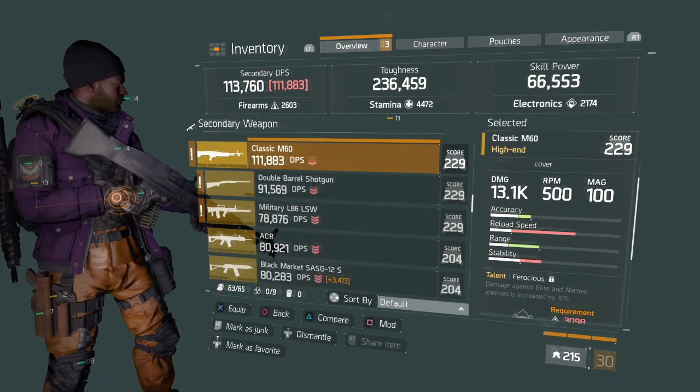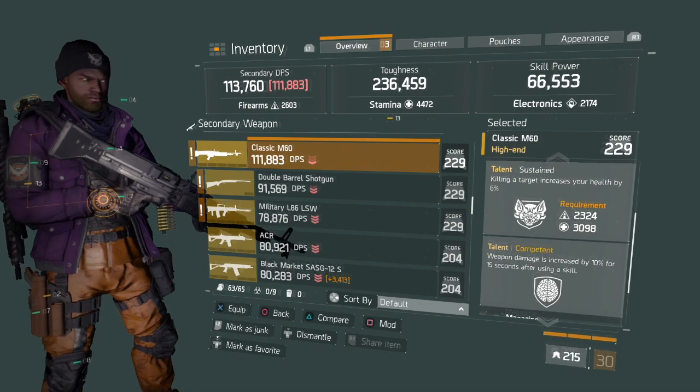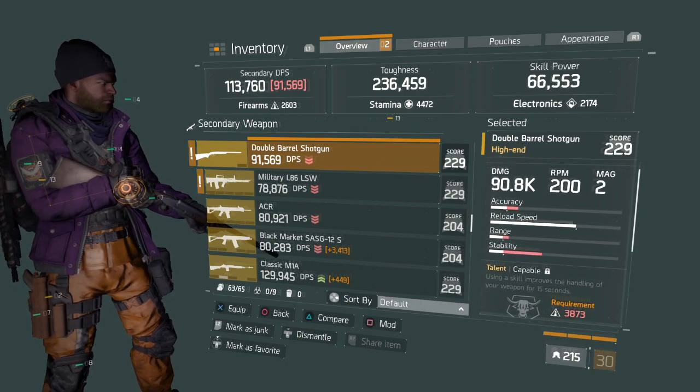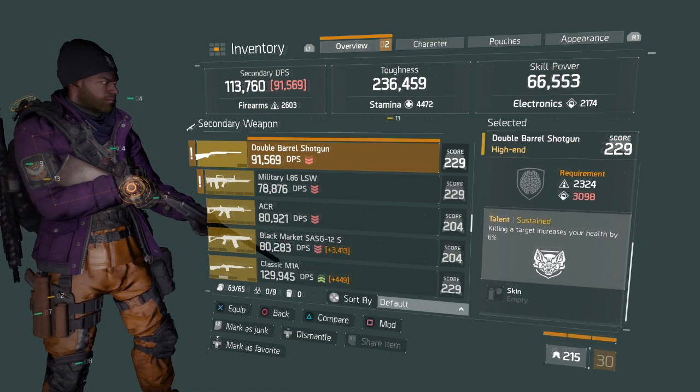You're going to have a healer, you're going to have a tank, you're going to have people that put out a large amount of DPS and stuff like that. It's going to be a team thing now in the dark zone. Now, if you solo it,